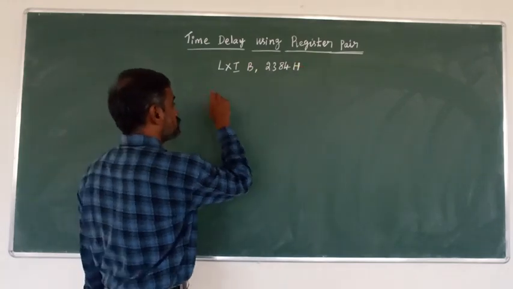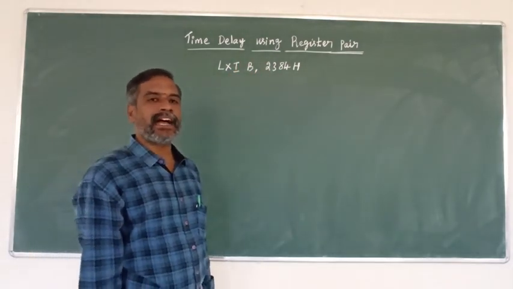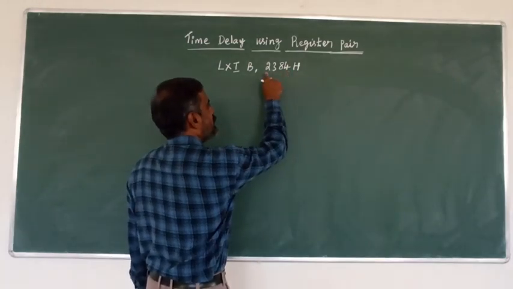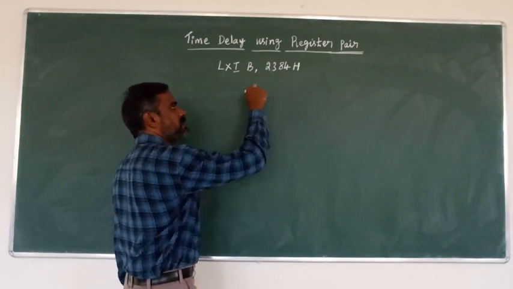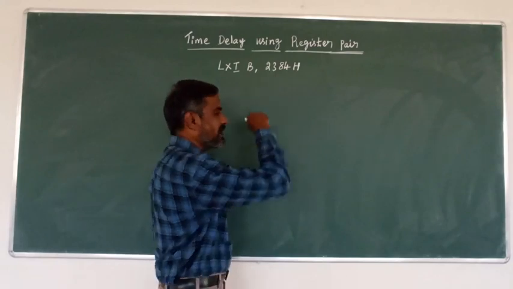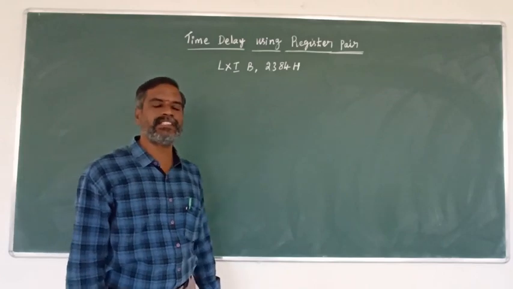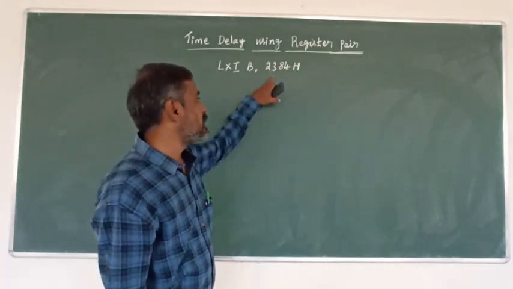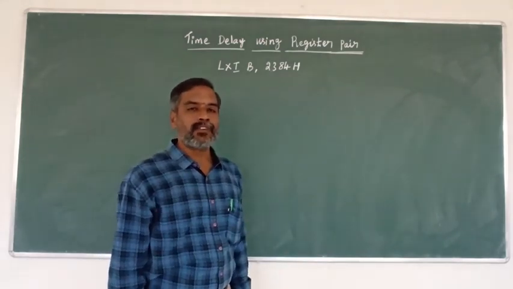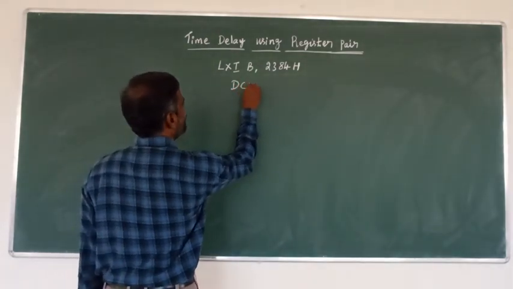2384H. Now 2384 is loaded into the B and C register pair: 84 in the C register and 23 in the B register. Now, to decrement this value till 0, how much time will it take to decrement the value from 2384 to 00? To calculate the time delay,